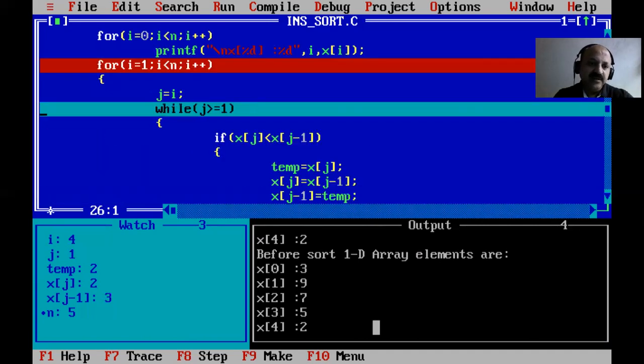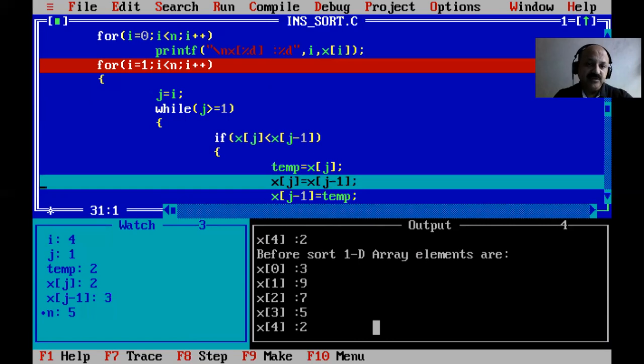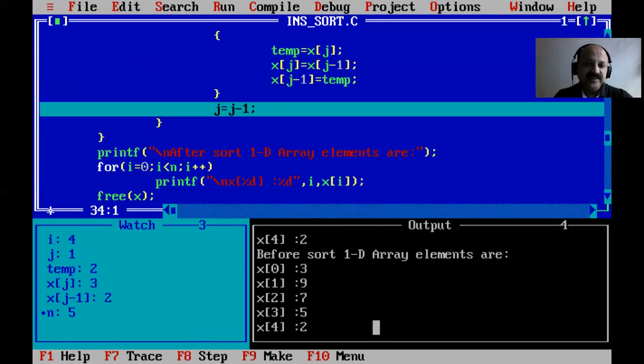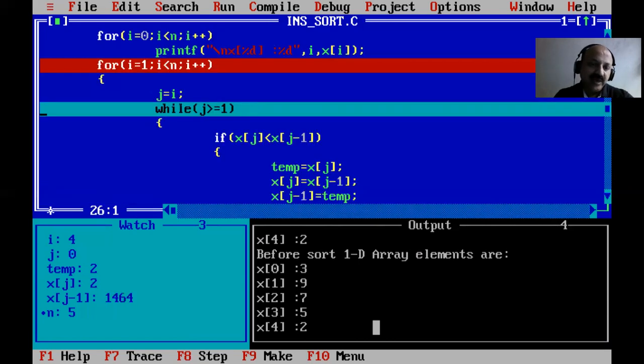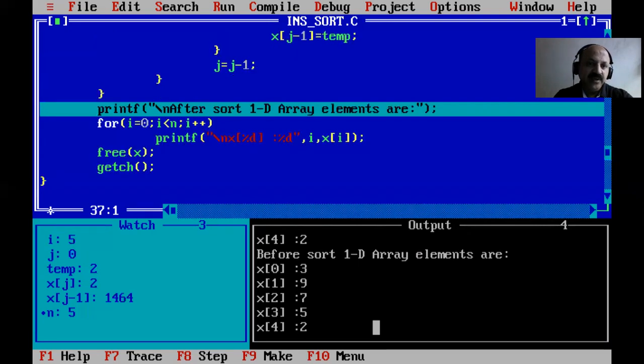And then 2 and 3, so 0 and 1 index. So 2 has come to index 1 and 3 is at index 0, so now that is interchanged. So 2, the smallest element, is set, and now the while loop is false because j is 0. Our list is sorted because the last element came to index 0, and all the big elements go down. So ultimately our insertion sort is internally sorted.